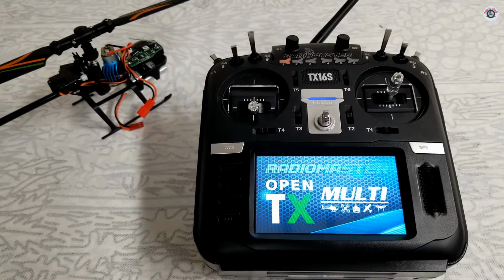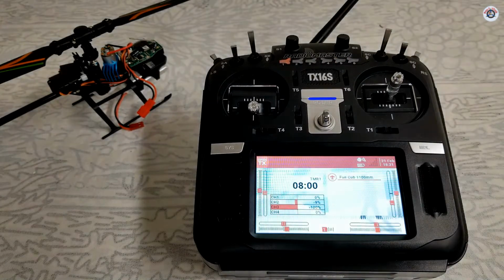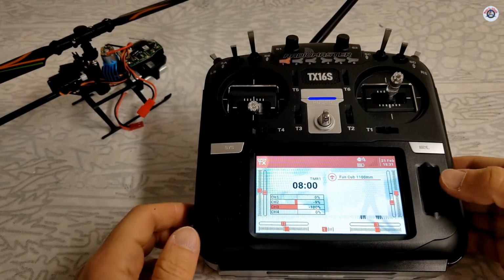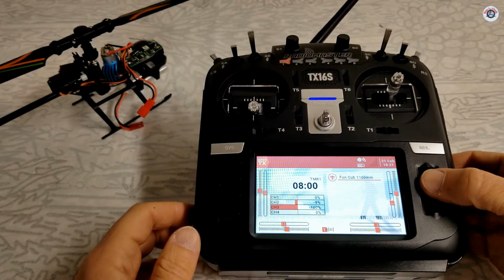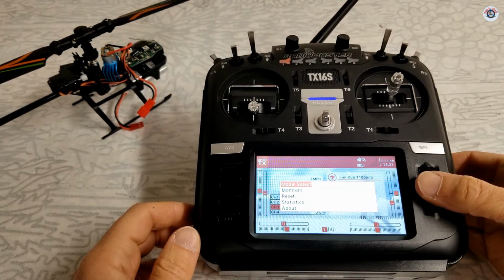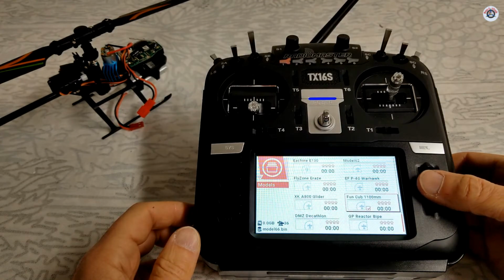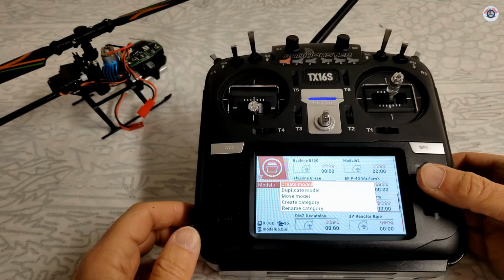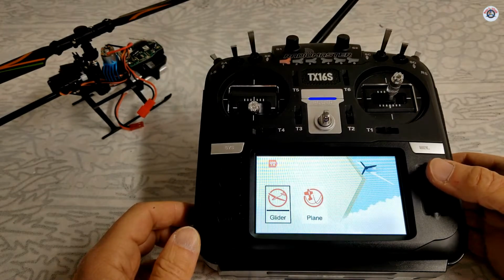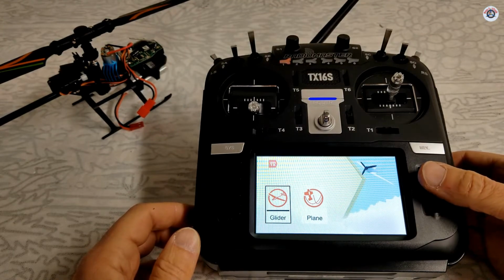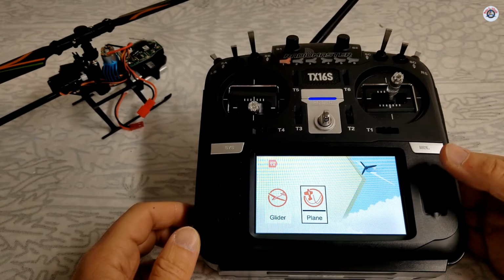Welcome to OpenTX. And the first step is creating a new model. For that, you long press this wheel and then go to Model Select and long press again and create model. Now here there is no helicopter option, but that's okay. You go to plane, click,